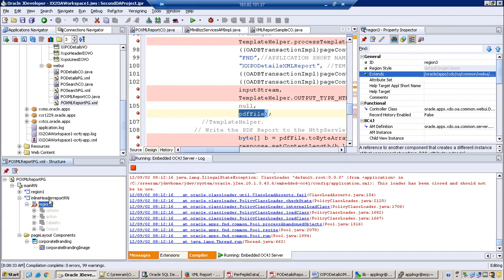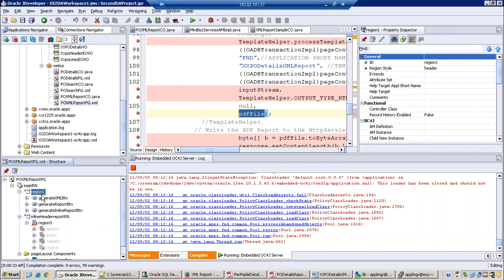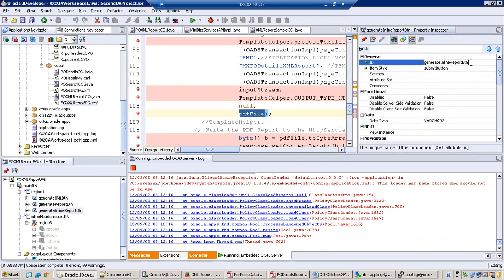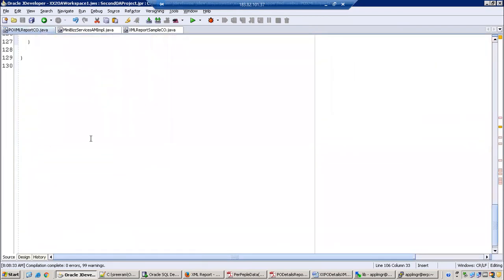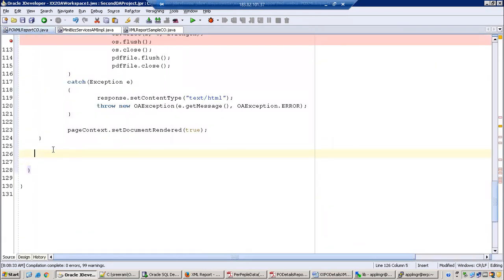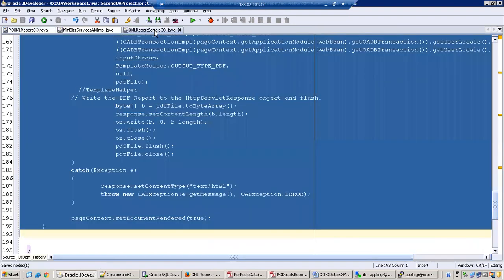Okay. Now, the next thing is we need to work on the button. What was the button name? Generate inline report. So just copy the button name and go to this one. Let me get my standard code.